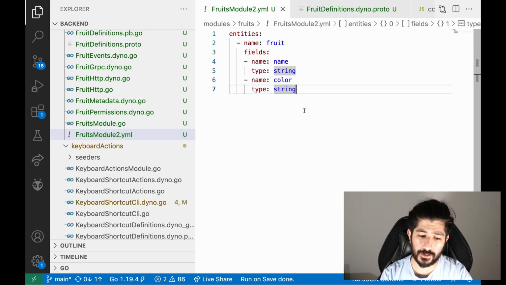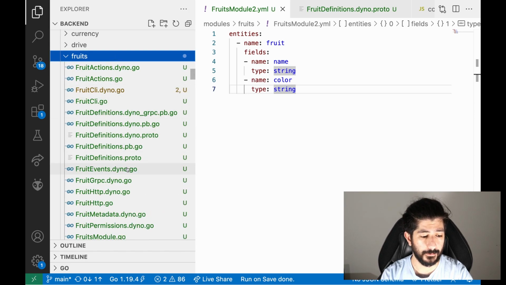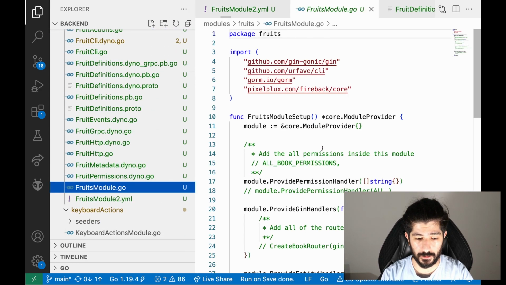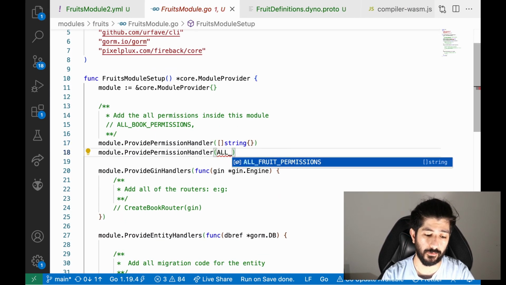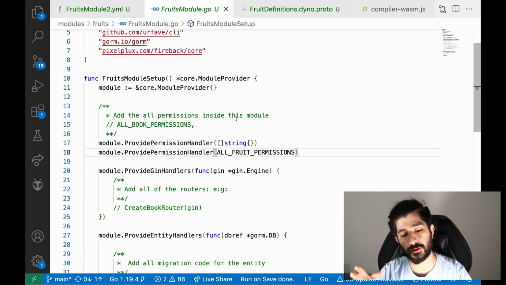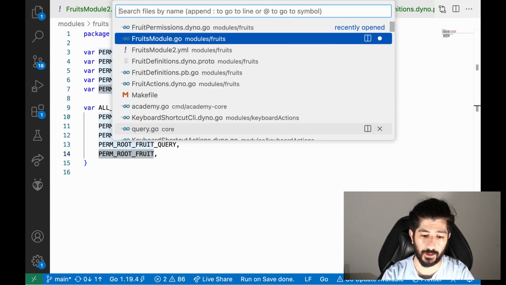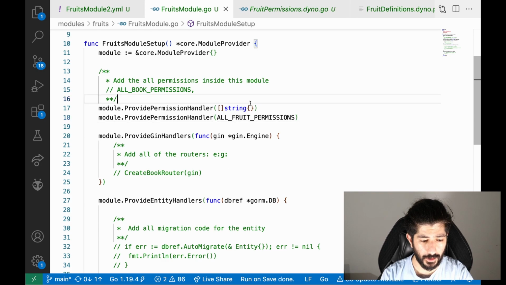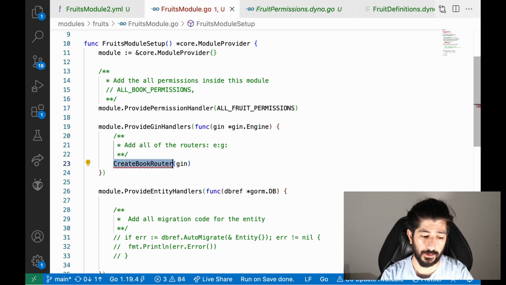So far we have this name and color, and I want to execute this as fast as I can. So I go to the module, and it has created for me some kind of helper. Then I would say all fruit permissions. And every module comes with a set of permissions, all right? Who can create, who can delete, who can update, who can query, and then the fruit root permission, you have every permission there. So I would like to delete this, and then I want to add this